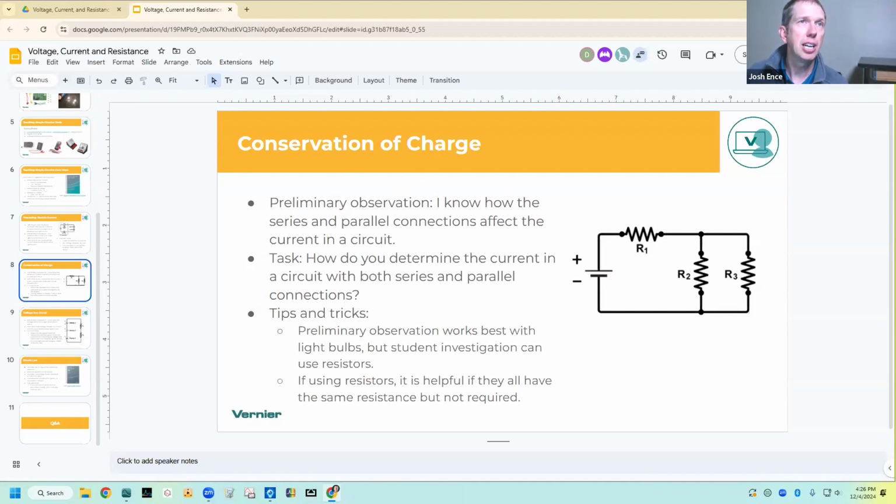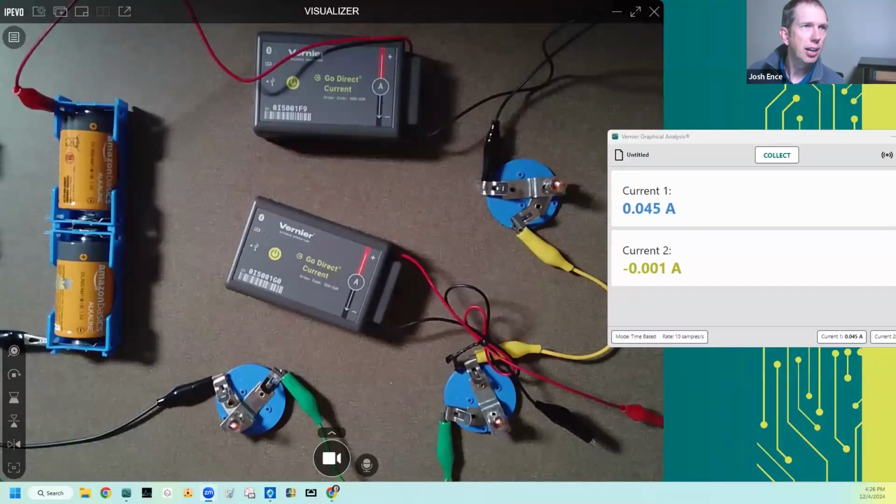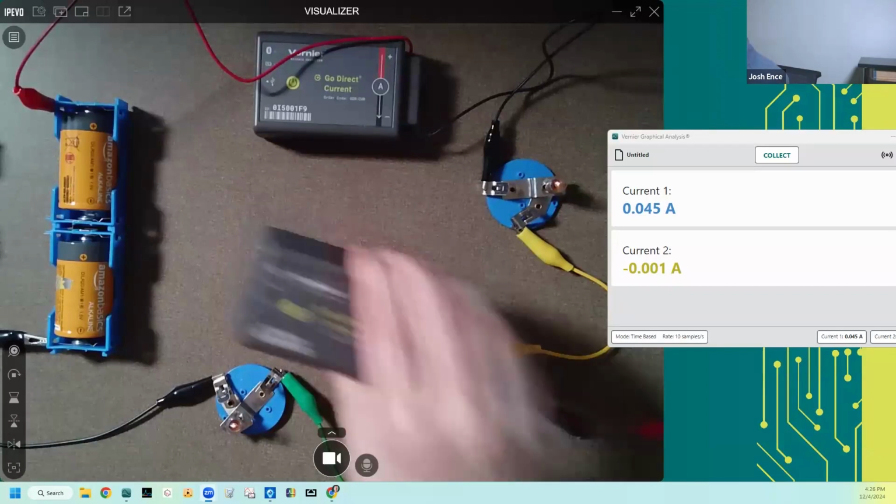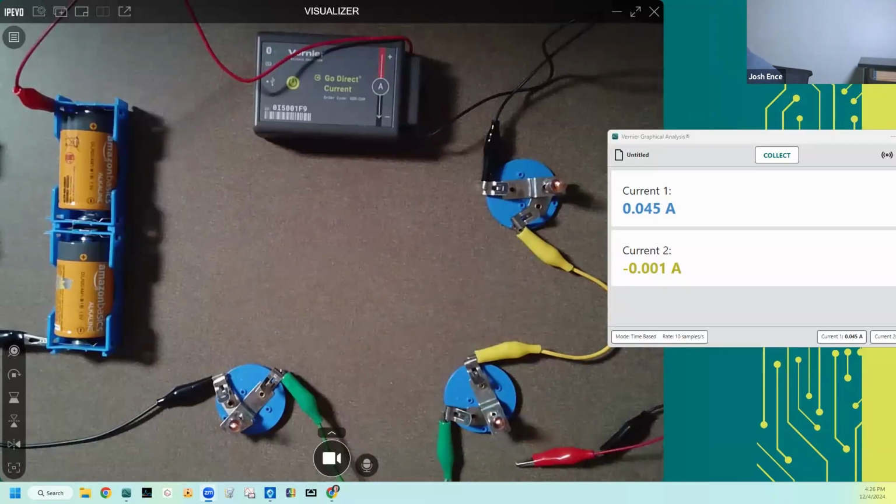I'm going to switch back and I'll rearrange my circuit here so it's the same way. Carrie makes a good point there that these bulbs, we like to think that they're all identical. They won't be. Especially as they age, it tends to change a little bit too, but you do the best you can. Sometimes you end up having to do a little bit of hand waving.